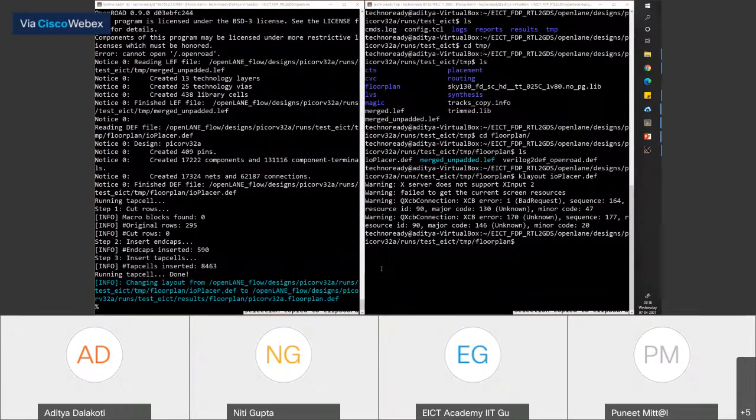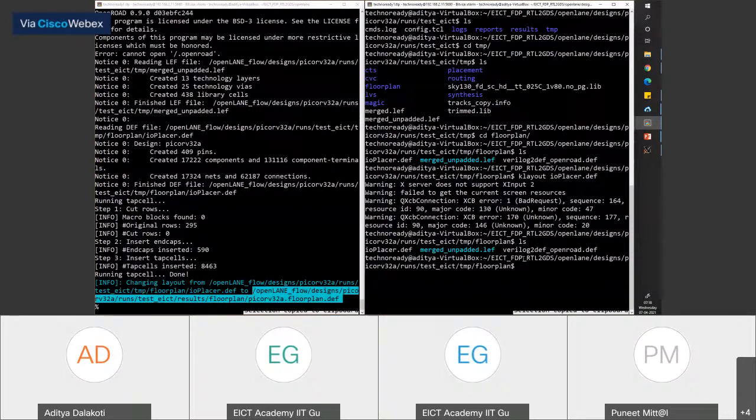After running this command, if you observe that the design is no longer present in the temp directory, it is saying that it has shifted the design to the OpenLane flow designs PicoRV32A run floor plan, in the floor plan.def.